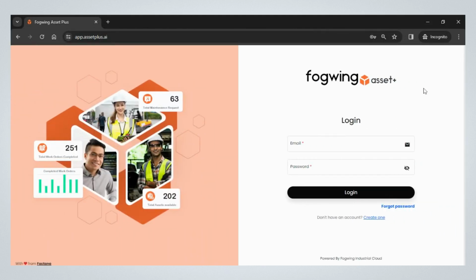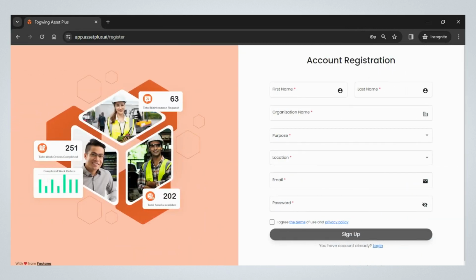To register with Fogwing Asset Plus, click Create One. You will be directed to the account registration page. Fill out the relevant details like first name, last name, organization name,